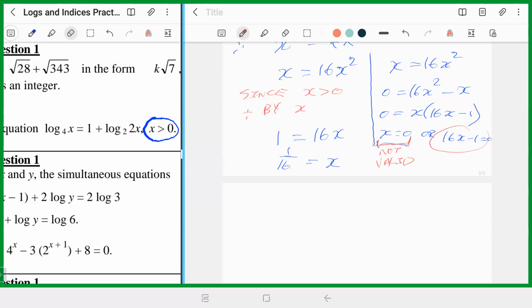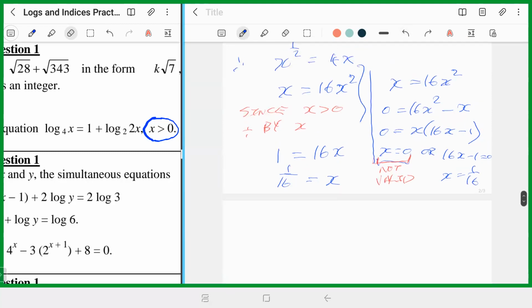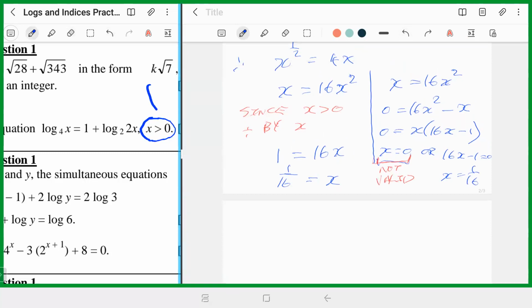And this now is going to give us the same answer, that x equals 1 over 60. This one gives us x equals 1 over 60, which is the same thing we have right here. So in this case, this was the easier way to do it, because they gave us this information. Because they gave us this information, it means that we can divide by the x, because we know it is